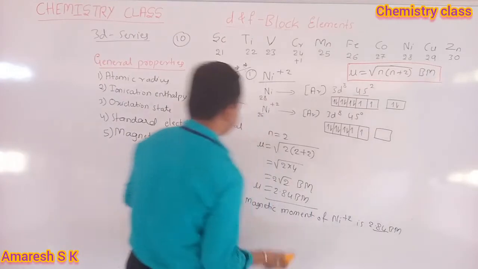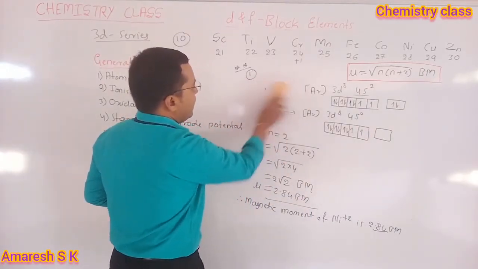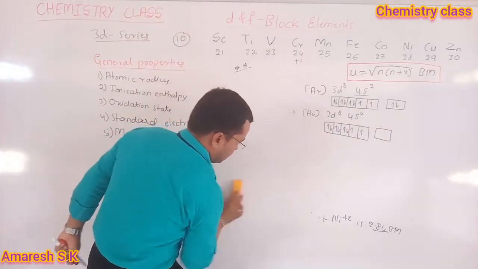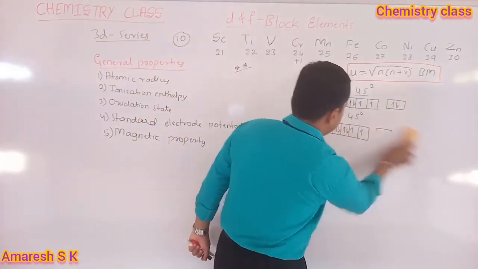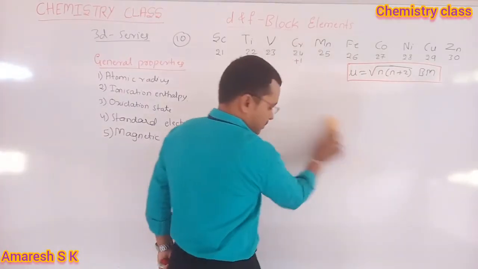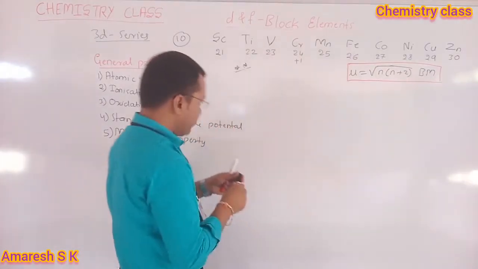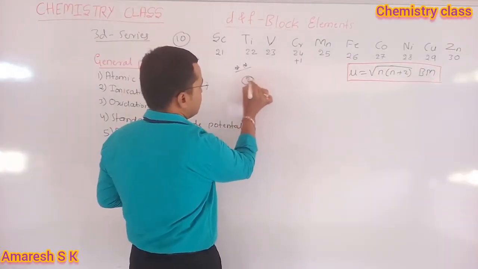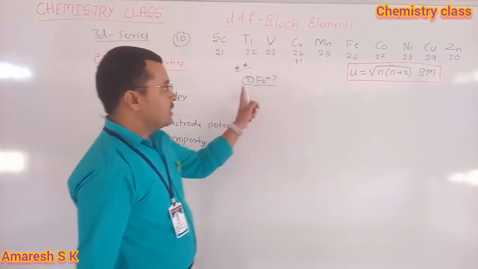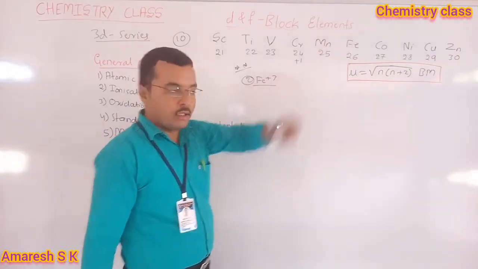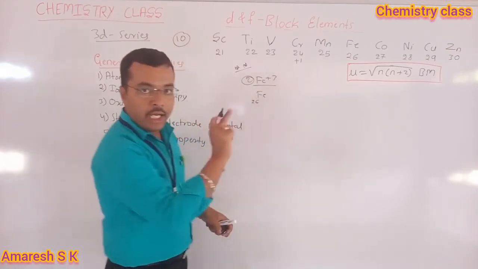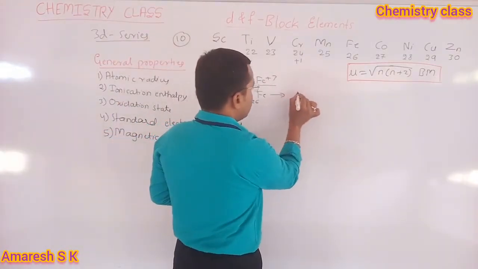And second example. Fe plus 3. What is the atomic number of Fe? That is 26. Write that first. Fe, 26 is the atomic number, and its electronic configuration